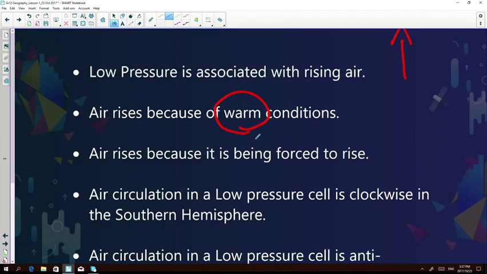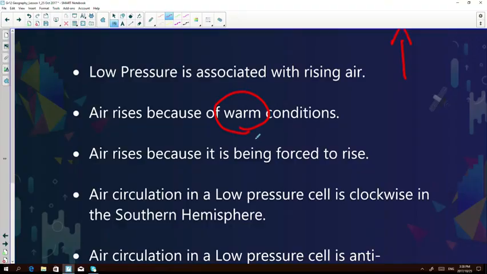If I can give you an example, let's say for instance boiling water. You boil water, what does it do? It evaporates, it rises. Now, the same principle happens with air. As soon as it's hot, the air starts to rise. Another example of how the air can rise is when it's forced to rise. Very importantly, we're going to see it as we continue with the grade 12 syllabus. It usually happens when warm air